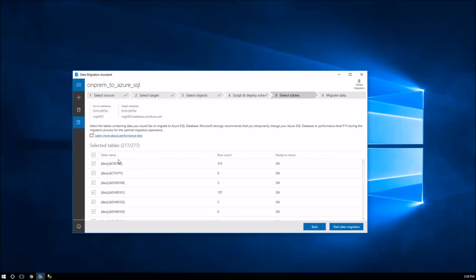In particular, the system lists all the tables that are going to be migrated, and you could probably choose to exclude any table that contains no data. Because there are 277 tables, I am probably not going to go through the exercise of unchecking those that don't have any particular records. I wish there was an option in here to allow you to exclude tables with no records. But anyways, I'm going to start the data migration,